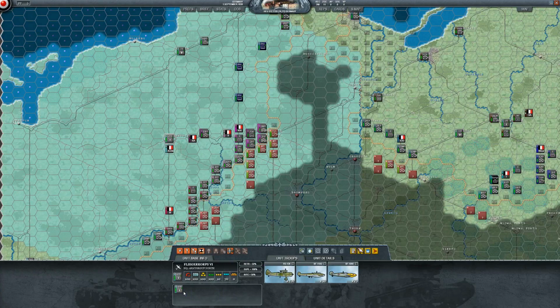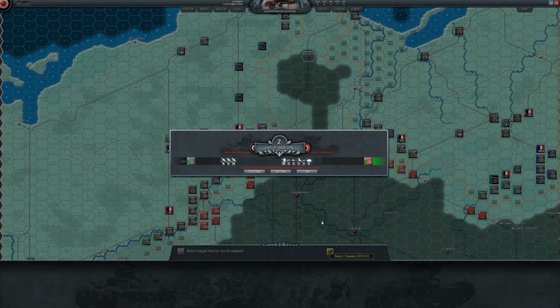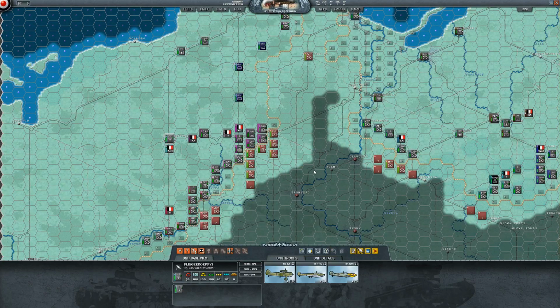Unfortunately you can't break these out into just recon and then fighters and tactical bombers. You have to use the whole group for recon. So recon would be right here, this button. Click that, and then we can select a hex. So let's select the city just to make sure. And then we're gonna hit yes. And you can see, so we found a unit maybe right here. Yep, so there's one sitting in the city